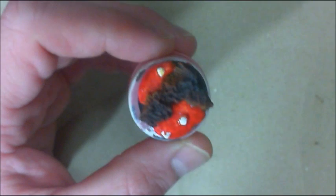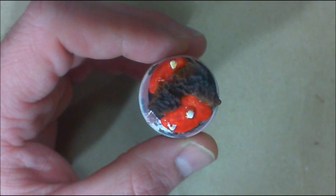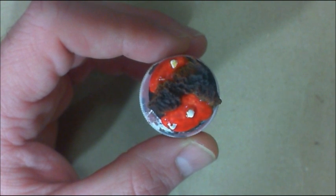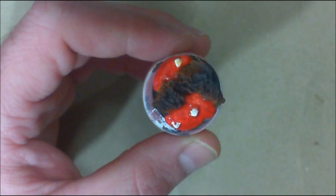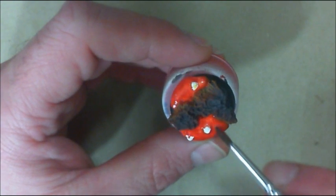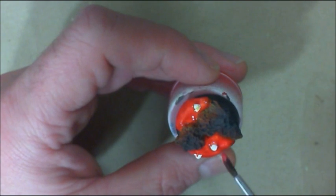Okay, I decided to do something a little different than I did on the last one. Try to just do it at one go. Now the next one, I want to get a little closer, and this is going to be some